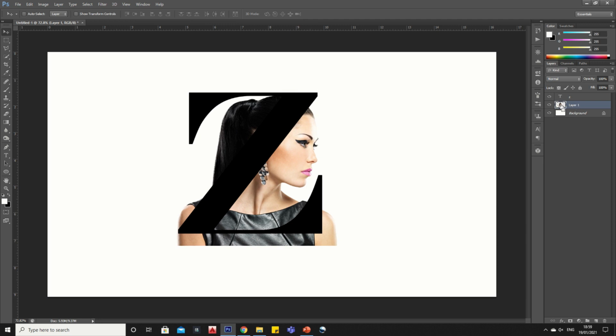Select the image layer, press and hold the Control button and click on the image layer to select the subject, then apply a mask on it.